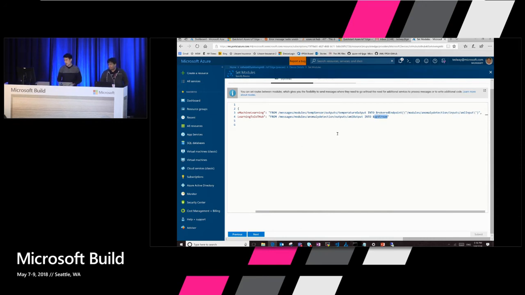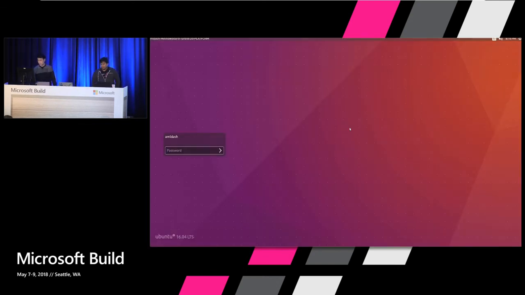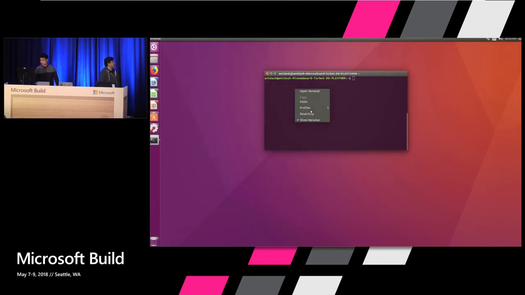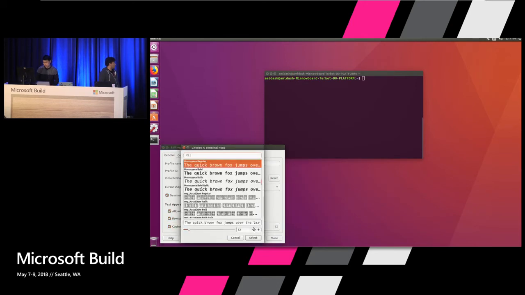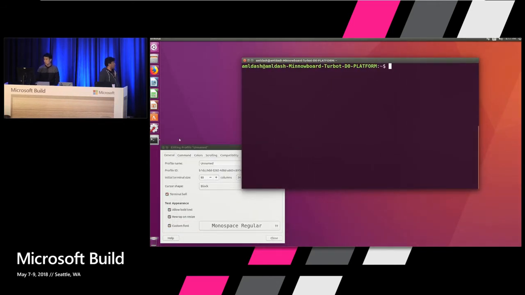So after doing that, let's jump over to the actual Minnow board. And this Minnow board is running Ubuntu here. And let me see if I could increase the font size a little bit here. All right. So on this actual device,